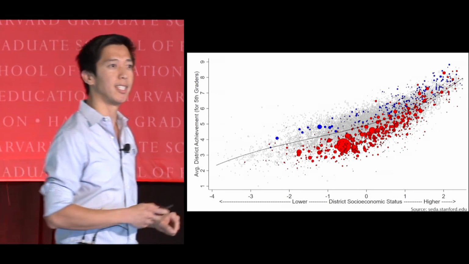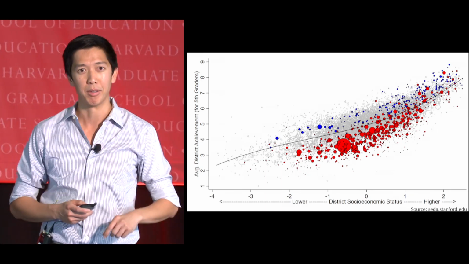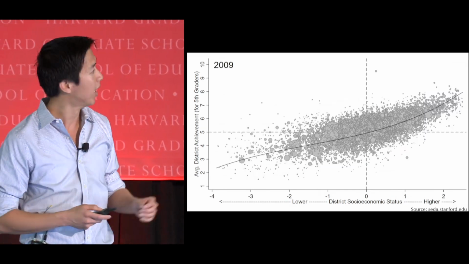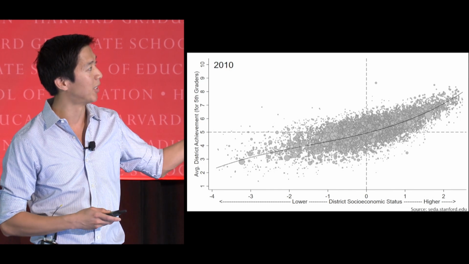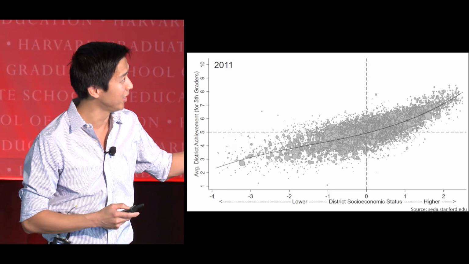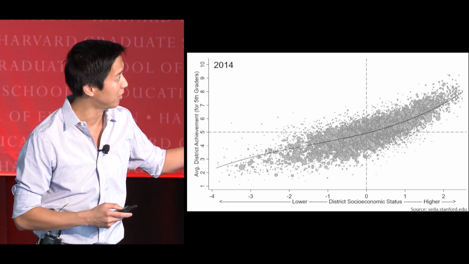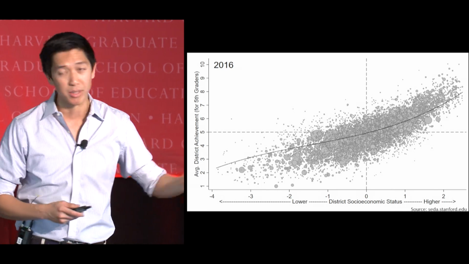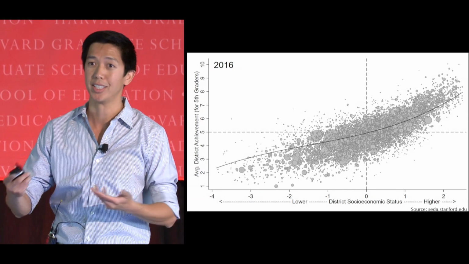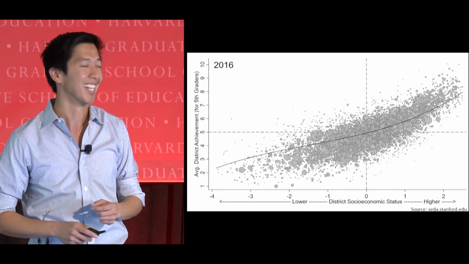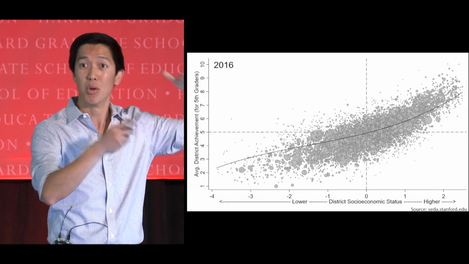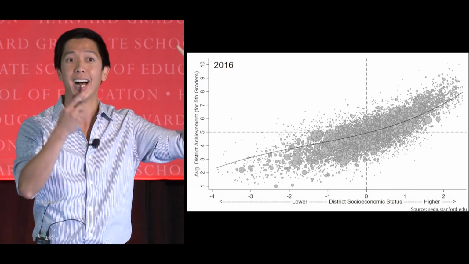Okay, but we're not just interested in status, we're interested in progress. And what we can do with this data set, too, is take a look at how educational achievement has changed over time. Here's 2009, here's 2010. Did you see that? Right, here's 2009, here's 2010, here's 2011, 12, 13, 14, 15, 16. Right? So that is the progress of every school district in this country from 2009 to 2016. We're working on the 2017 data now. Right? And this is, again, not just what causes high achievement, but what causes us to go from low achievement to high achievement. Okay?